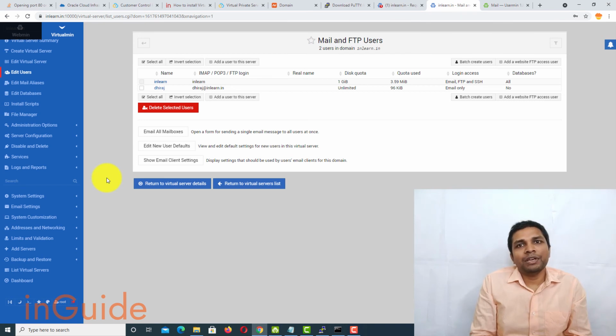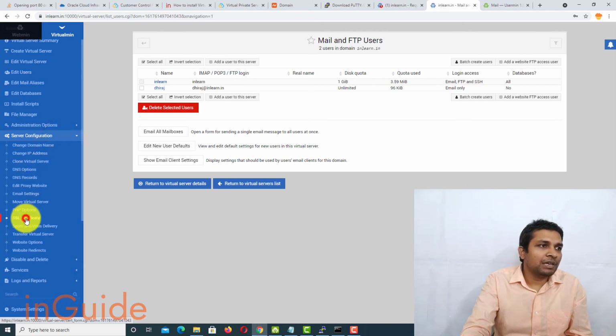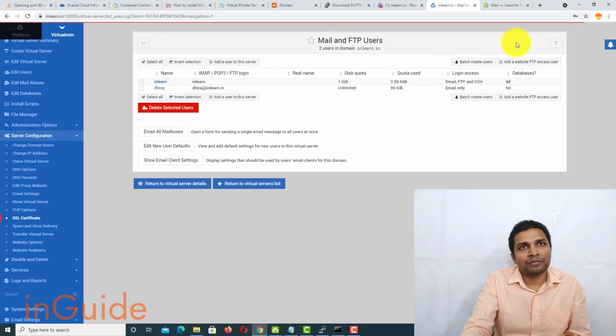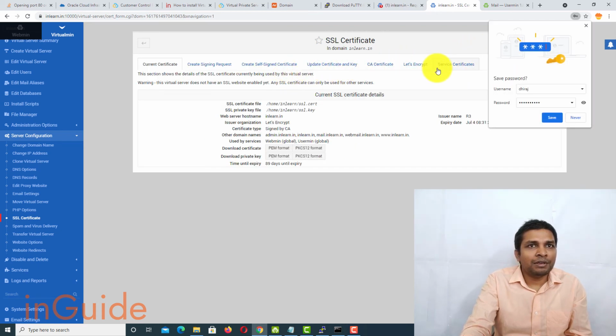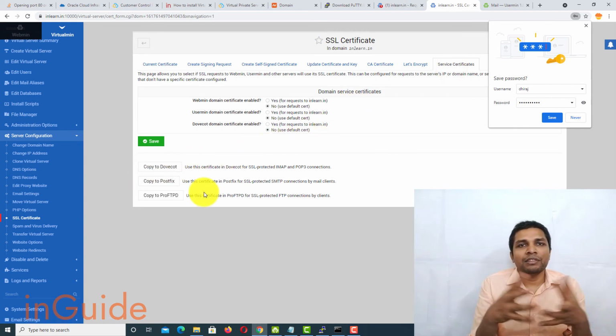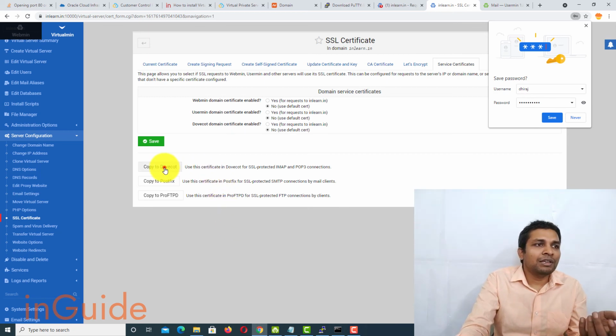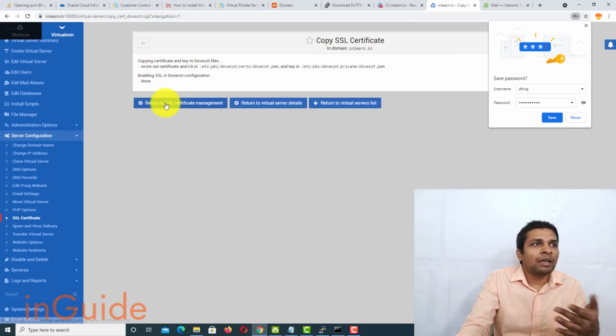Next, sometimes the SSL certificate you imported from Let's Encrypt couldn't get copied to all the services of Virtualmin. In that case, what you have to do is to go to server configuration and then SSL certificate, and here you will go to service certificates, and here you can see there are 3 services which are still not using certificate, or at least they are not using Let's Encrypt certificate. So in that case you can click on copy to Dovecot, and the certificate will be copied, and then again return to SSL certificate management,